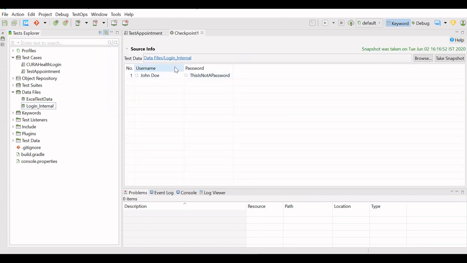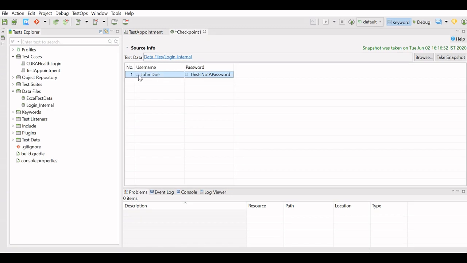Once I click on finish, I get the internal data file, and I can add the checkpoint to it. If you see this file, small checkboxes got added to it. When you check these checkboxes, you add it as a checkpoint and this will get verified while testing.